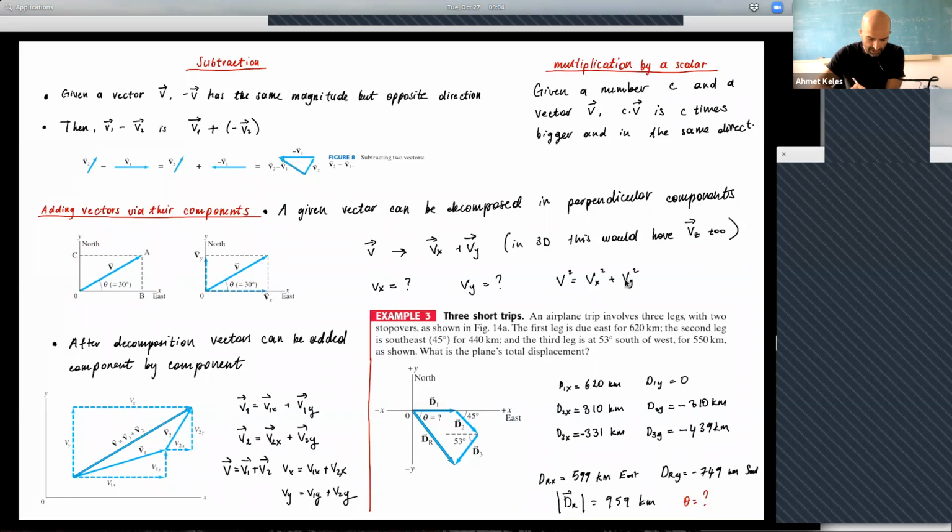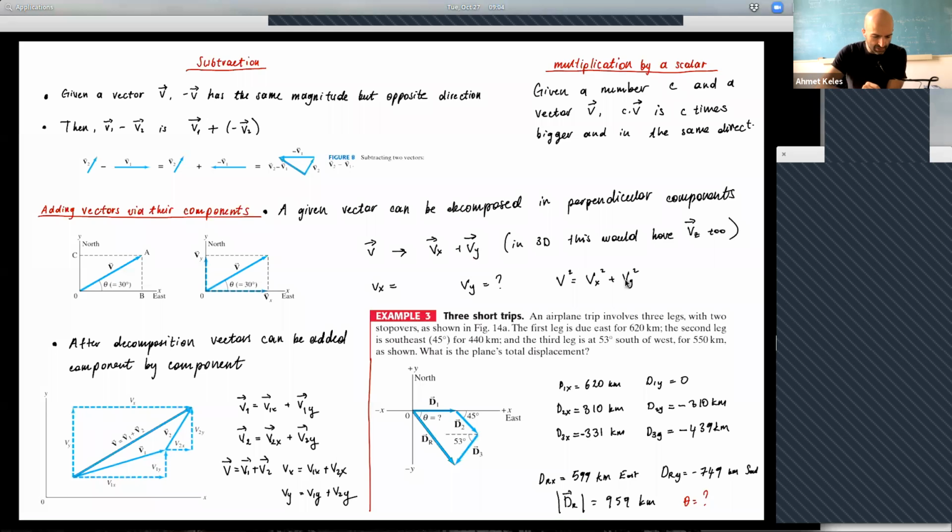And notice that in this notation, Vx and Vy are also vectors, but these are vectors along special directions. For example, you can calculate what the magnitude of Vx and Vy are. Maybe I should say this one more time. When we have an arrow on the letter, it means it's a vector. When we delete the arrow, what we mean is the magnitude of the vector. So Vx without arrow is the magnitude of vector Vx, and same here. So the question is, what is this?